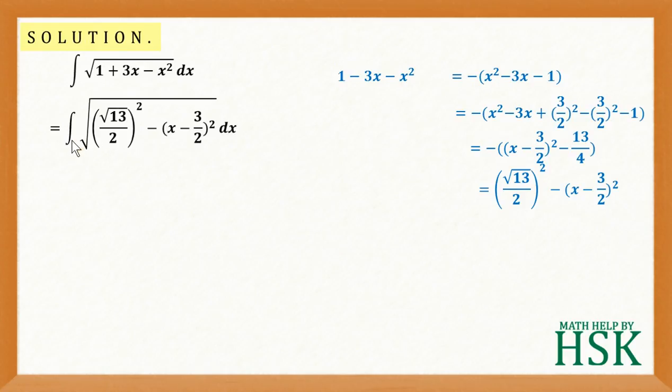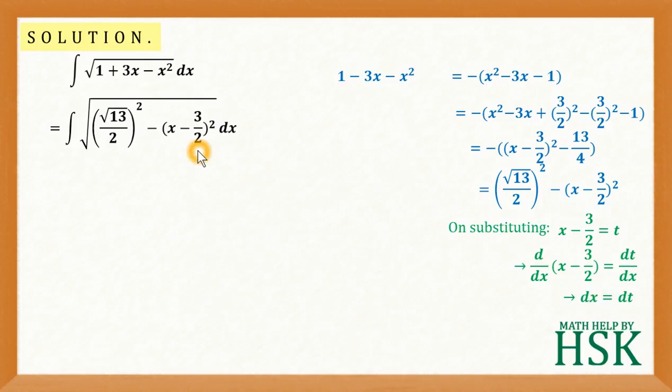And I'm going to get this as the integration of square root of root 13 upon 2 whole square minus x minus 3 by 2 whole square. Now to simplify it further, I'm going to substitute x minus 3 by 2 as equal to t. Differentiating both sides with respect to x, I get dx is equal to dt. Okay, so I'm going to obtain the integral as square root of root 13 upon 2 whole square minus t